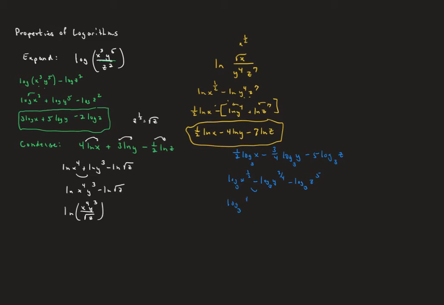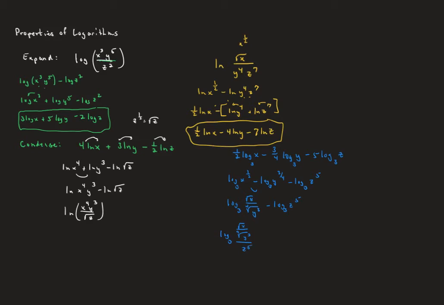So that's going to be the square root of x on top, and the y to the 3/4 is the 4th root of y to the 3rd, minus the log base 3 of z to the 5th. Now when you divide this again, let's look at this off to the side. Logarithm base 3 of the square root of x over the 4th root of y cubed, divided by the z